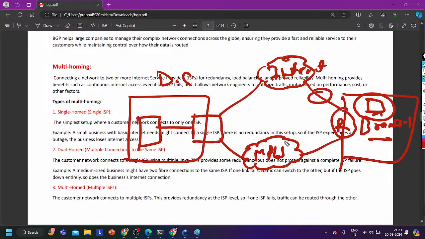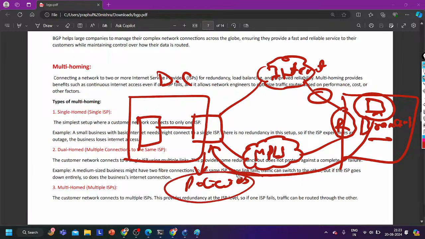So we'll configure the scenario in such a way that whenever a user tries to access the internet, first they will go to headquarter via MPLS. Now on the firewall, we will configure the policies. The firewall will verify the policies, like who are you? Are you allowed to reach the internet or not? And which type of traffic are you sending? Let me check, is this service allowed for you or not, right? If it is allowed, then only it will forward traffic to the internet. And in the same way, it will get the reply message. They can communicate like this.